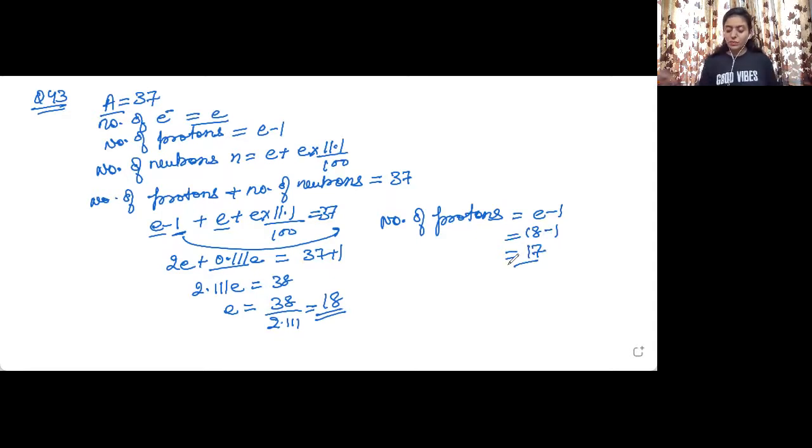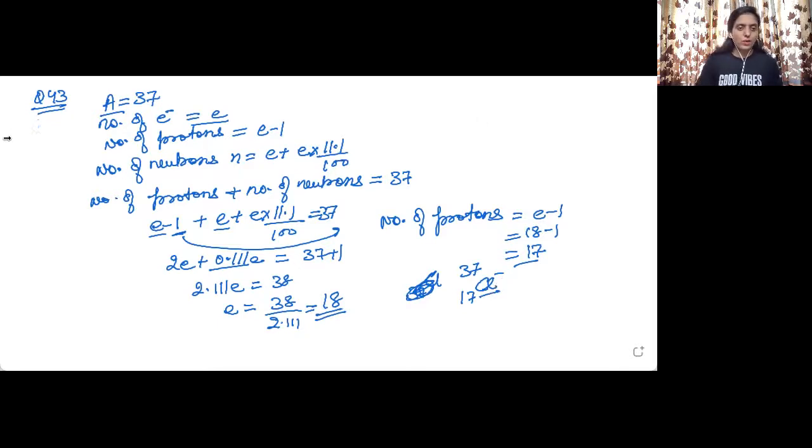Now what is the symbol with this atomic number? The number of protons is equal to the atomic number. So atomic number 17 is for chlorine. So chlorine will be 17 with mass number 37. Not carbon, chlorine, sorry. It is negative because we have been told that the number of electrons is 1 more than the number of protons. So there will be a net negative charge on this atom. So it will be the chlorine negative ion.